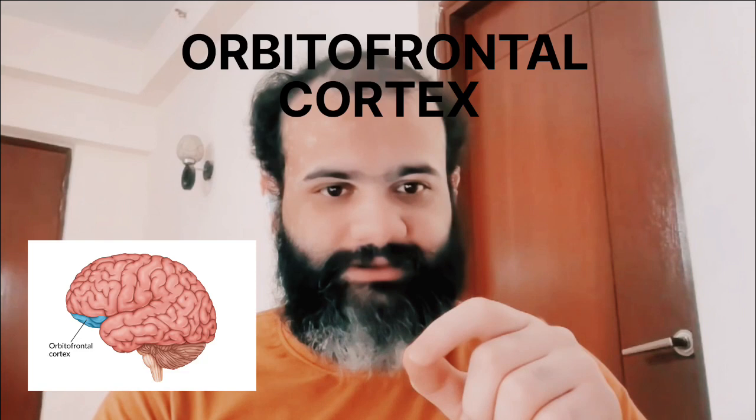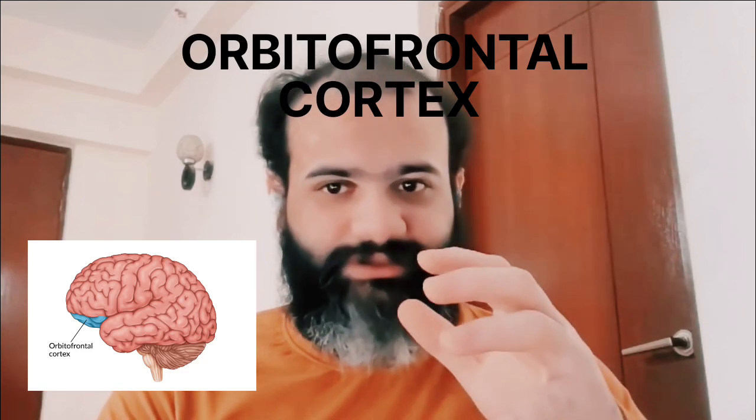Imagine you're at a party and someone offers you two yummy treats, a big delicious chocolate cake and a juicy red apple. How would you decide which one to choose? The answer may depend on a part of your brain called the orbitofrontal cortex, or the OFC. This region lies just above the eyes and belongs to the prefrontal cortex, which is involved in planning, reasoning, and